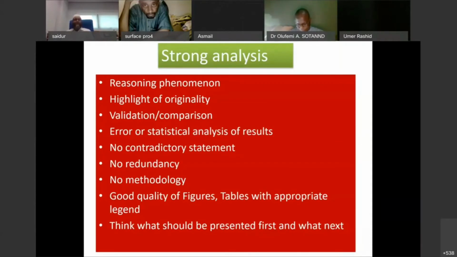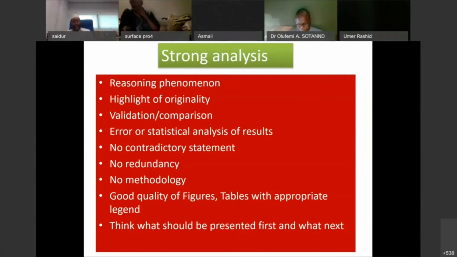Very important: reasoning for phenomena. Reasoning for phenomena means why there is a fluctuation, increasing, decreasing, why your results are better than others. So you have to put strong scientific reasoning for phenomena. You can use literature survey. You can use other works to explain. For example, an SEM image showed you something that you link with your results. There might be a purpose for why you take the SEM image, the FESEM image, the TEM image. There might be a reason that will link to your analysis. So always try to link with them.